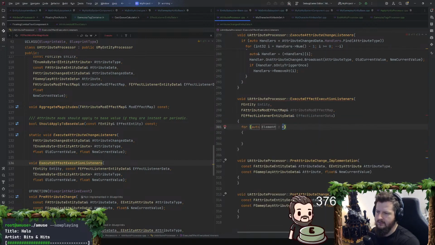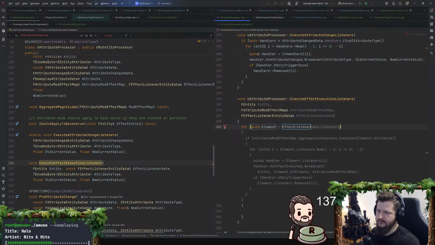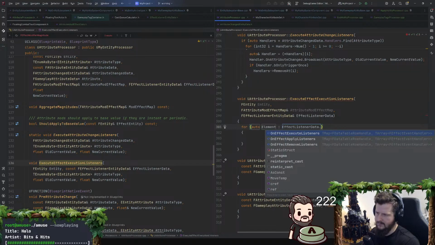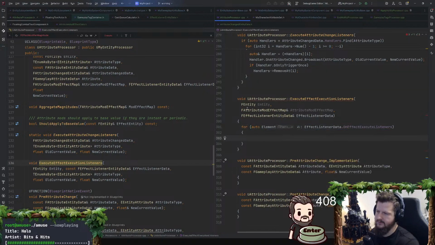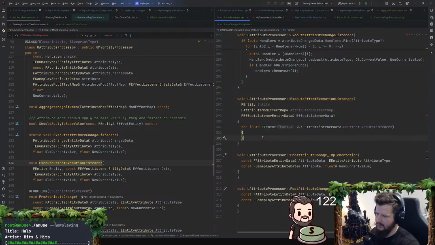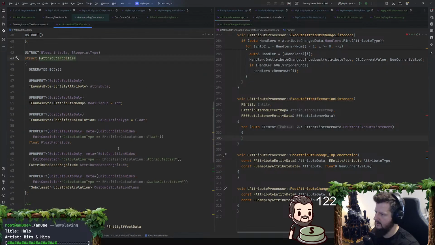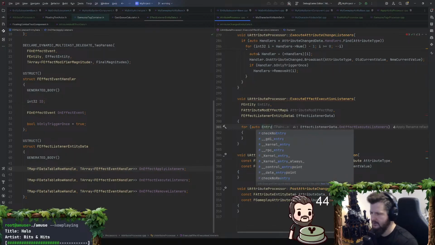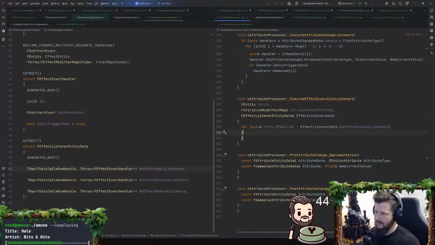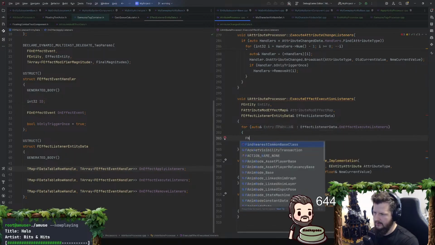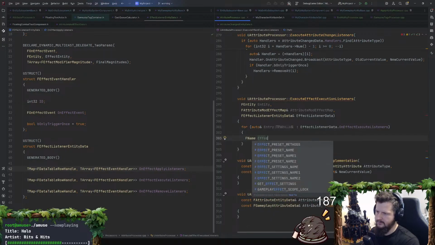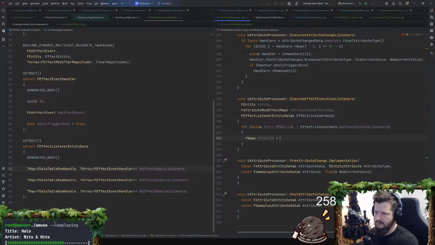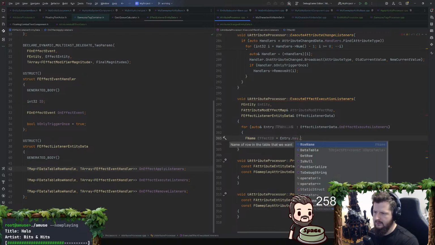For each effect listener data dot on effect execute listeners. Let me go back to the data here. This would be a data. Okay, yes. Let's just call it entry. Then I'll go F name effect ID equals entry.key.row name.